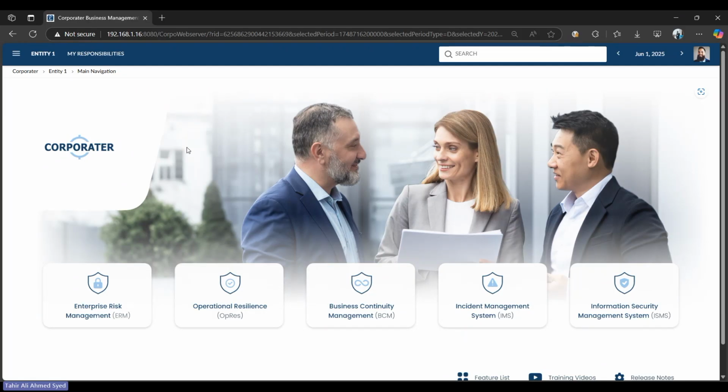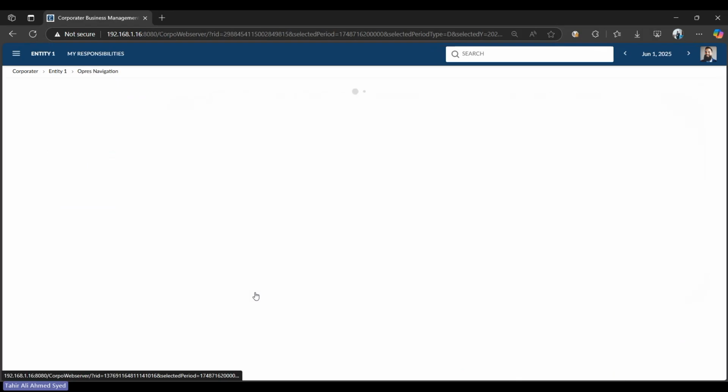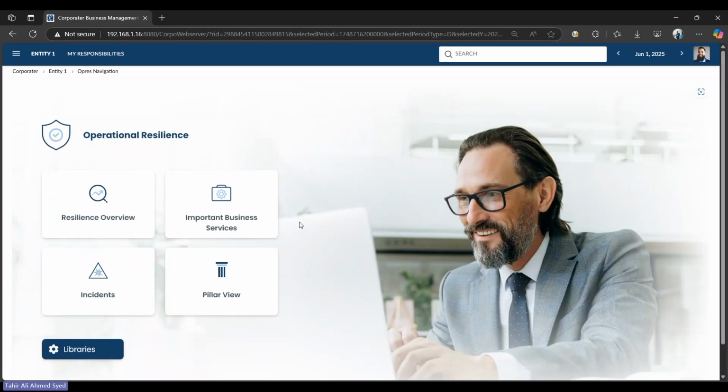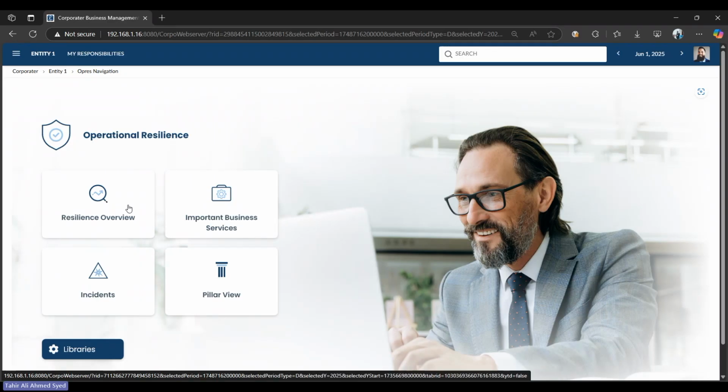From this main screen, each of these modules has a very detailed and comprehensive workflow. However, if I drill down into operation resilience, we break it down in terms of a framework to show you the high-level requirements from a resiliency perspective. Of course, you want to take a look at your high-level resilience overview across the organization.